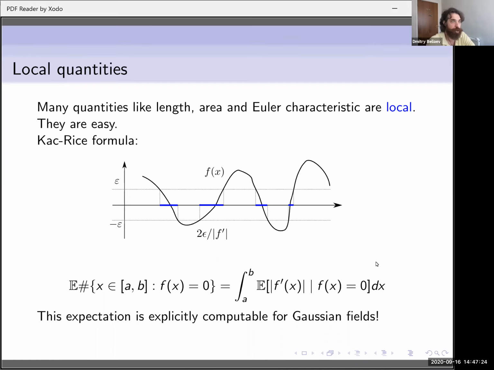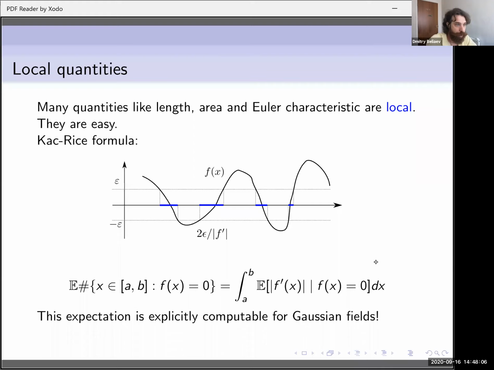But if f is Gaussian, then this is something which can be explicitly written in terms of covariance kernel K. So it makes computations easy. And this means that things like, I know, length of a level line, area of an excursion set, or Euler characteristic, these are things that can be written in terms of certain integrals, and they can be computed by Kac-Rice formulas. So although these Kac-Rice computations could be horribly complicated,